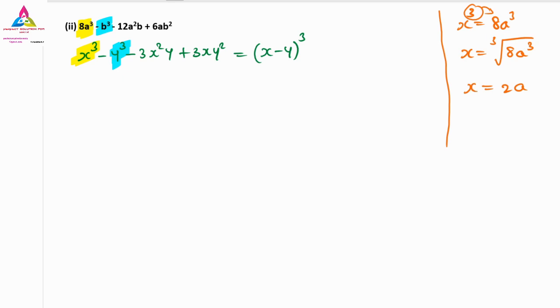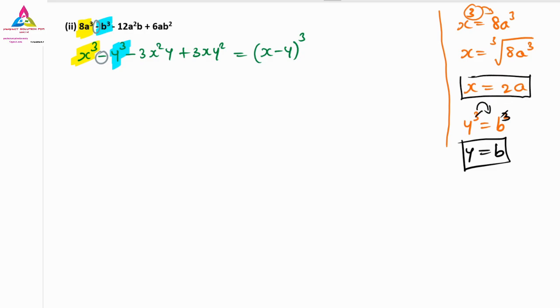Similarly we have to find the y value. So y cube is equal to b cube again. Don't bother about the negative symbol. Here we have negative and here also we have negative, no problem. So the y cube value is b cube. Now what is the y value? Here we have a cube and here also we have a cube, so both cubes can be cancelled, so the y value becomes b only. Understood? Or you shift this cube to the other side and it becomes the cube root. So the y value is b and the x value is 2a.